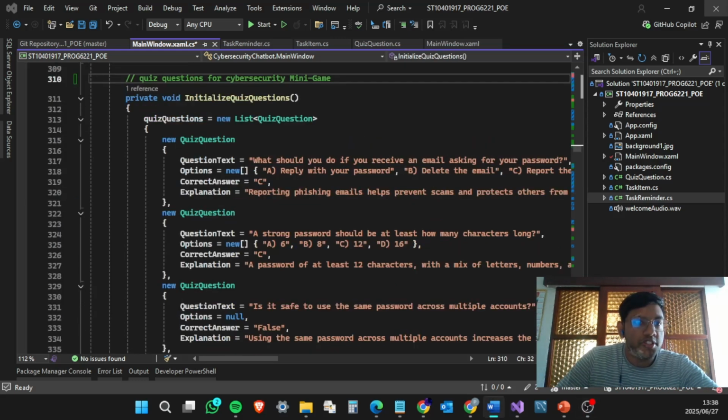The second task which was added to my chatbot was a cybersecurity mini game, which is a fun, interactive, and educational quiz game. The user can initialize it by either typing start quiz or with any word that has the word quiz in it. From there, the chatbot will present a series of multiple choice and true and false questions covering a whole bunch of topics such as phishing, strong passwords, and safe